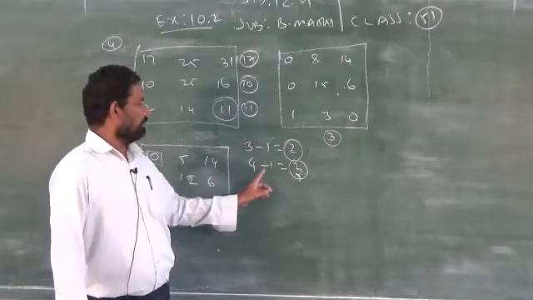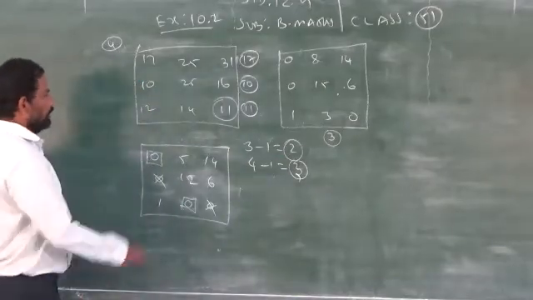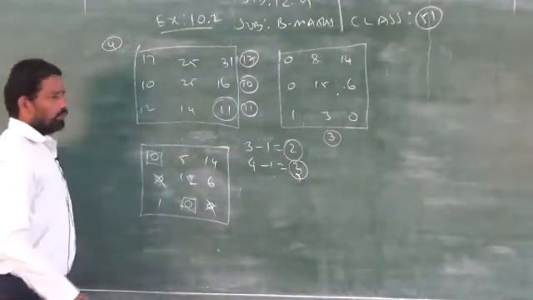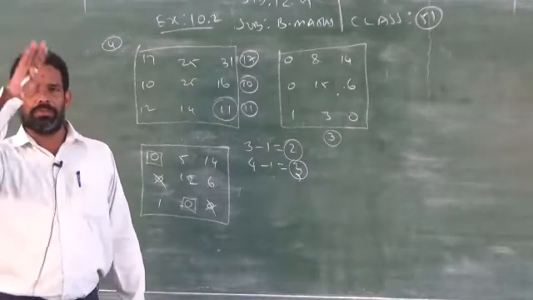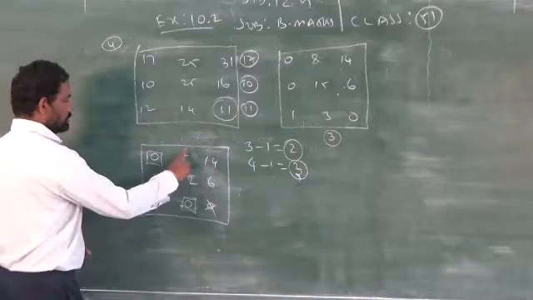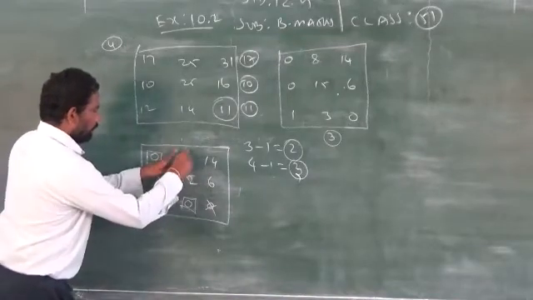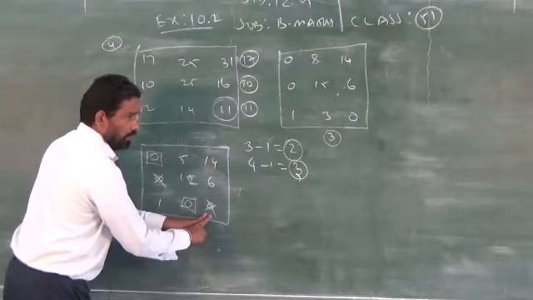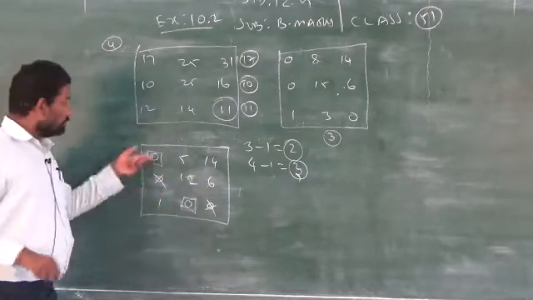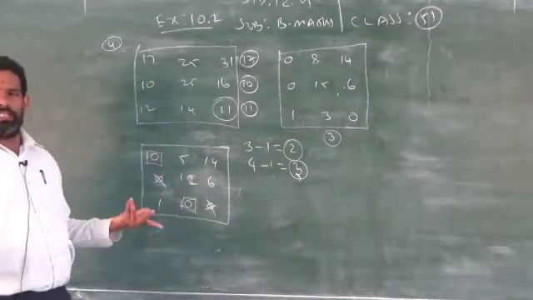If it is 4, you have to write 4 minus 1, that is 3. Now you have used only 2 lines. When you draw the 2 lines, they must cover all the zeros. If you draw like this, one 0 is covered for one line, another line covers other zeros. But what about these 2 zeros? They are not covered. Therefore, your answer is wrong.